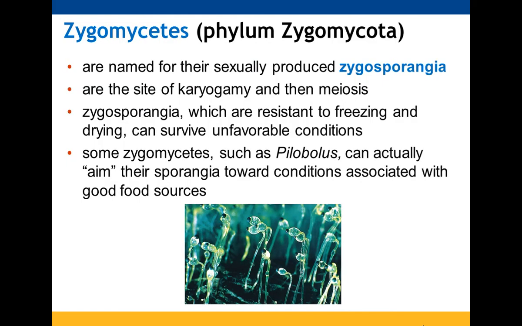They're named for their zygosporangia, which are produced sexually. They have karyogamy and the meiosis take place. They are hard to kill off. They are resistant to freezing, they're resistant to drying, they can survive in some pretty wild conditions. The Pilobolus actually can aim their sporangia towards food sources so that they will be able to continue to survive